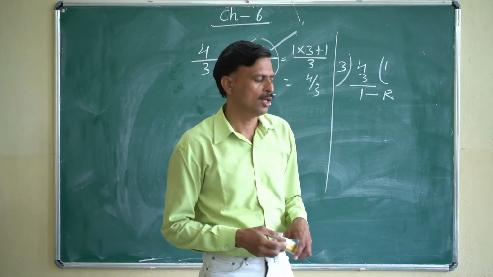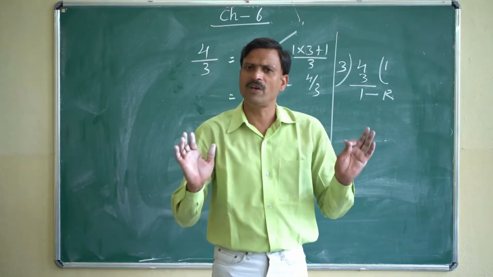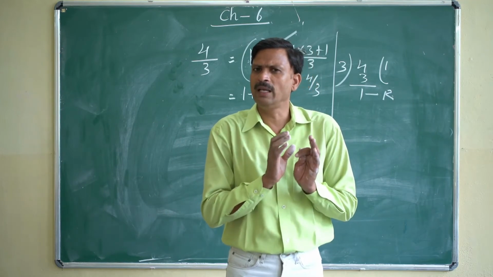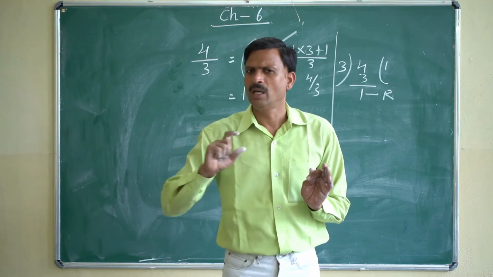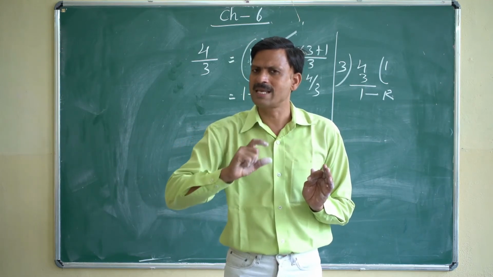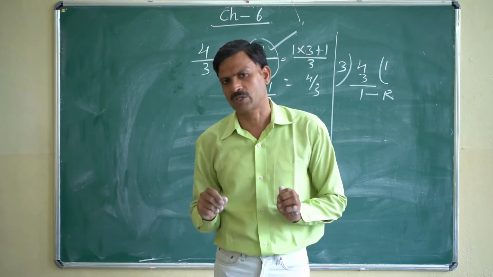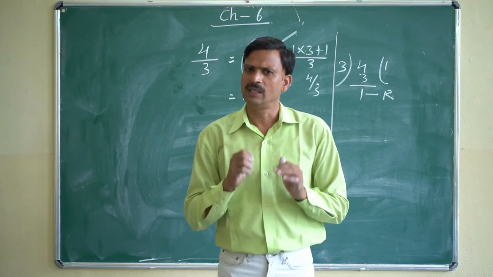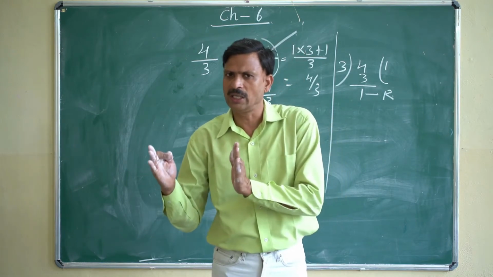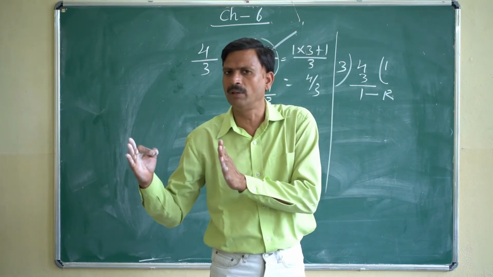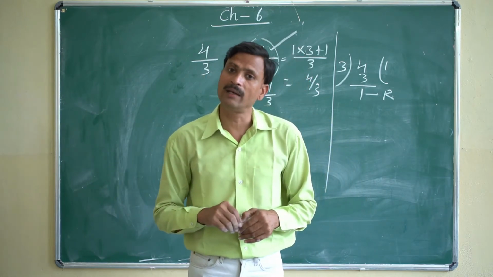Right now I am telling you about like fractions. What is a like fraction? Very simple. Many fractions are given. If you see in all these fractions that their denominators are the same number, then these given fractions will be like fractions. Got it? What is a like fraction? If you have many given fractions, and in all of these you see that the denominator is the same, then it is called a like fraction.